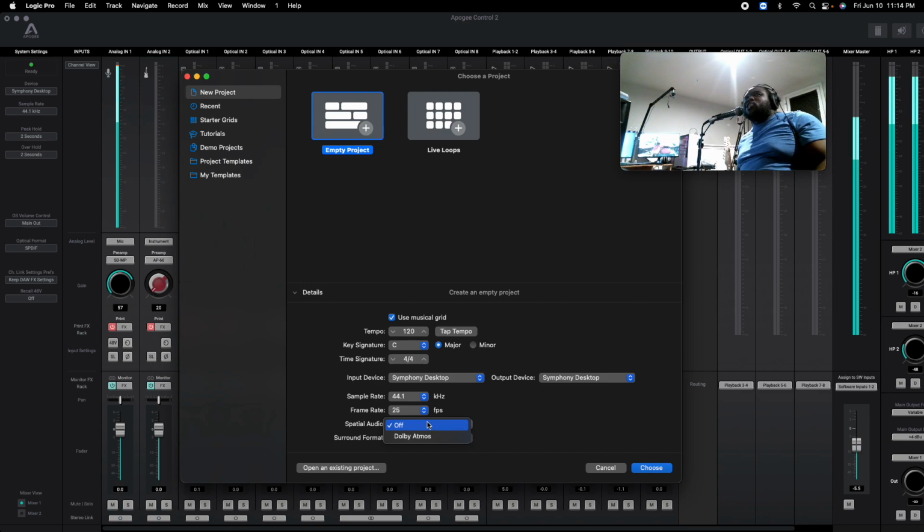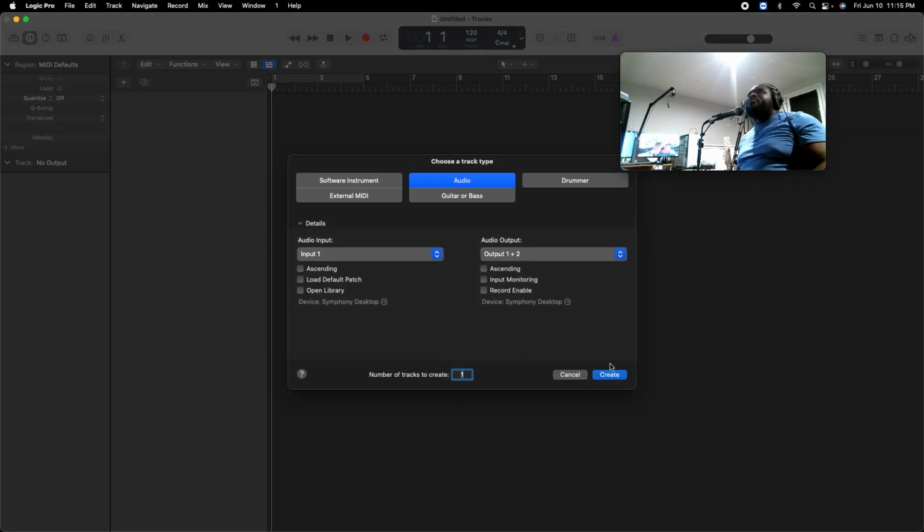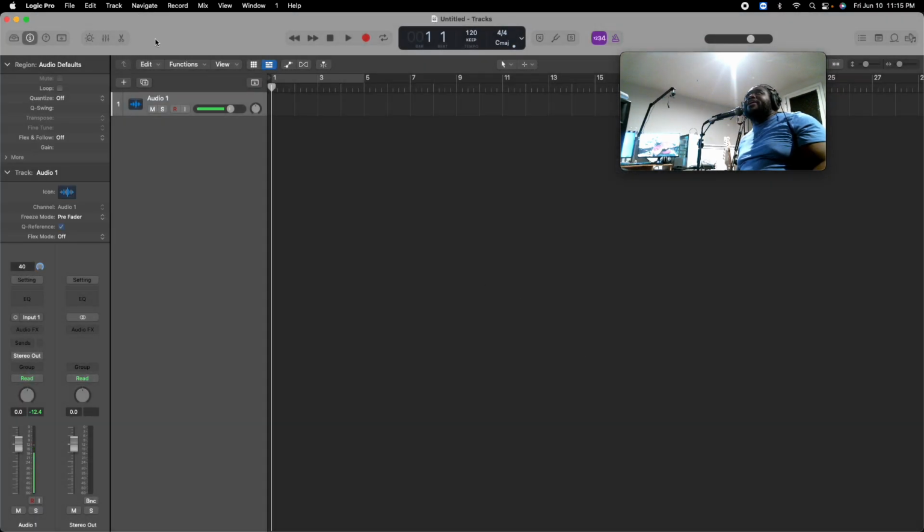Spatial audio, if you want to use Dolby Atmos, that's up to you. I don't mess with that, I don't care about that. And also surround format, you can decide to use whatever you want. And then you can create your project. It's already on new empty project, so we're just going to go ahead and create it. Once we are in here,